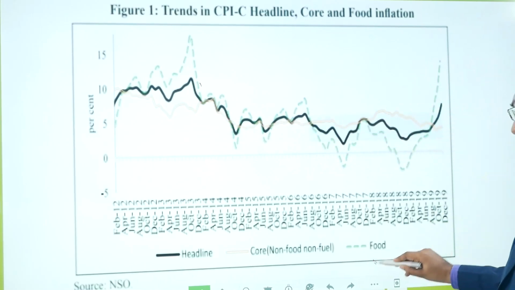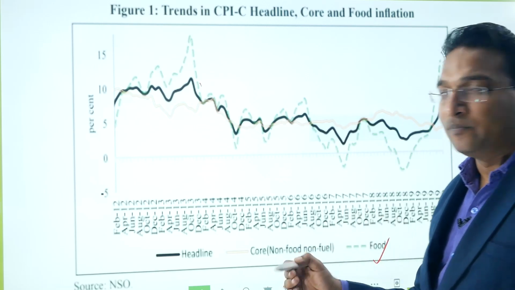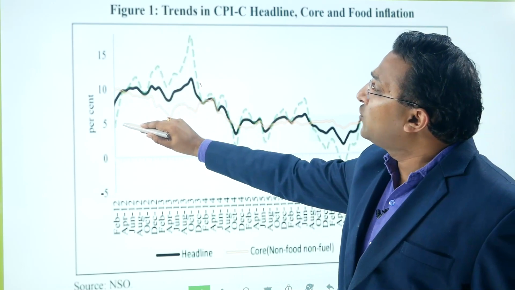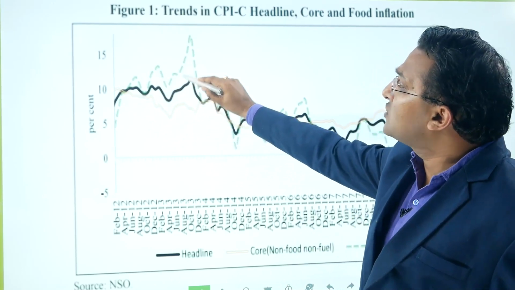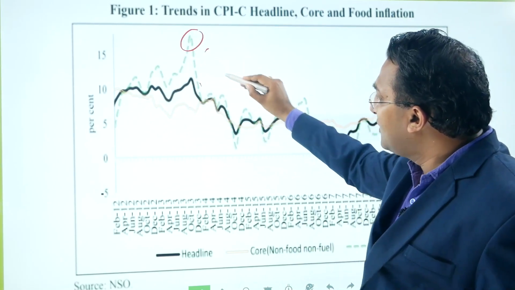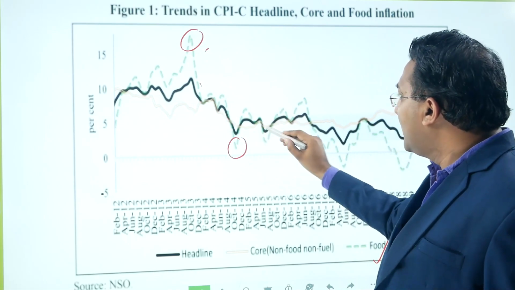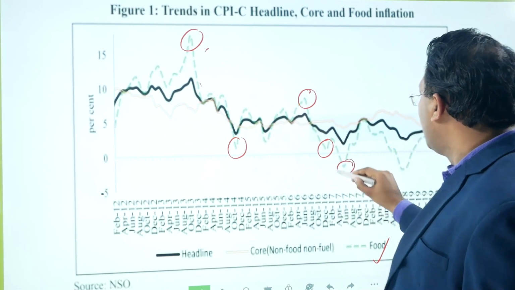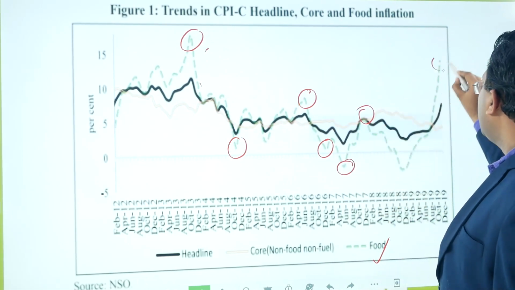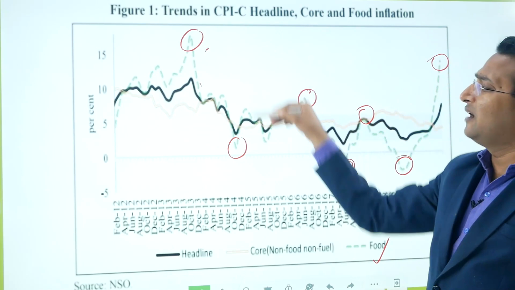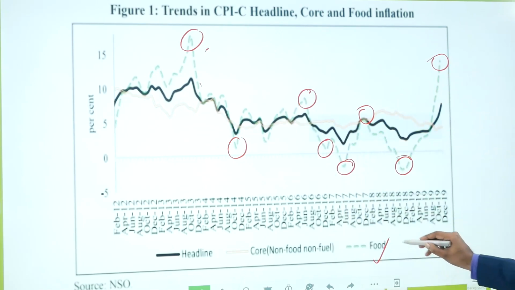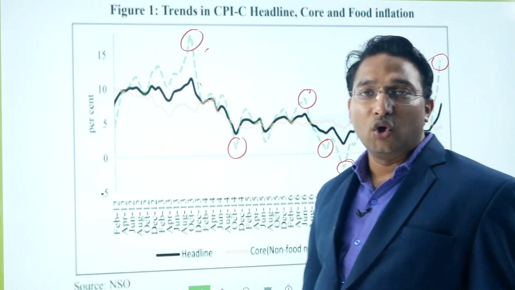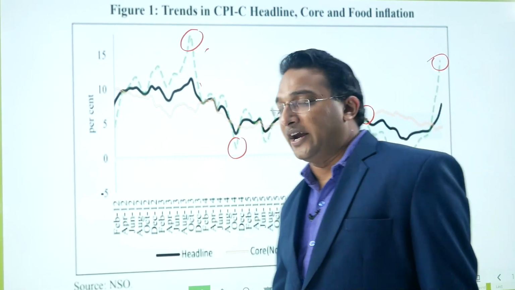Another is food inflation. So food is basically a volatile item. In the food, the green line is representing the food inflation. So you can see there is a huge fluctuation. You can see this is the peak and then it is coming down. This is the trough and then this is coming up. So you can see there is an extreme low, extreme up, extreme low, extreme up, extreme low. So this volatile item indicates the extreme prices on the lower side as well as the upper side.